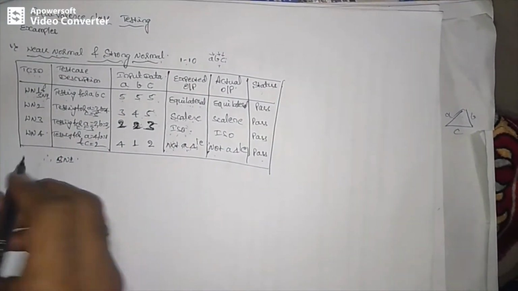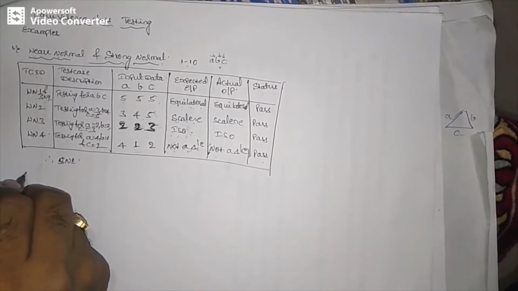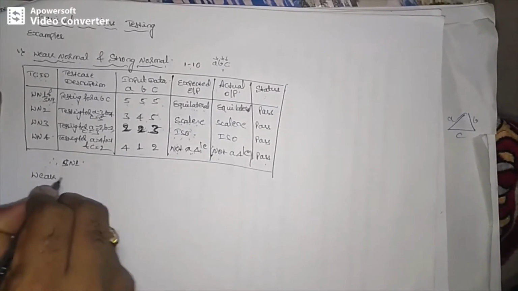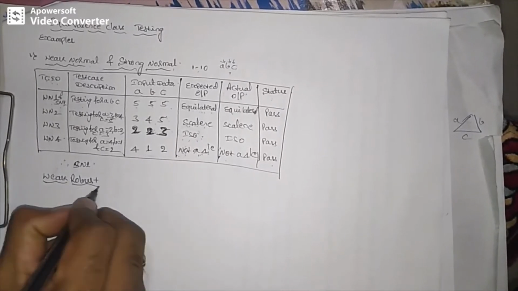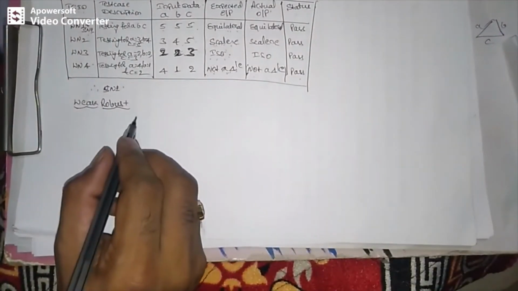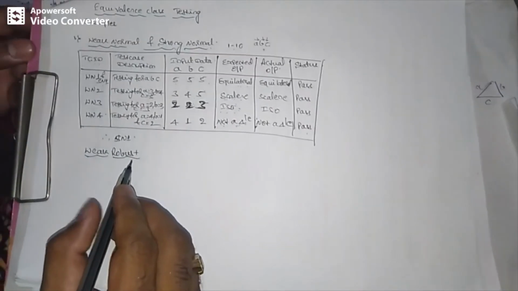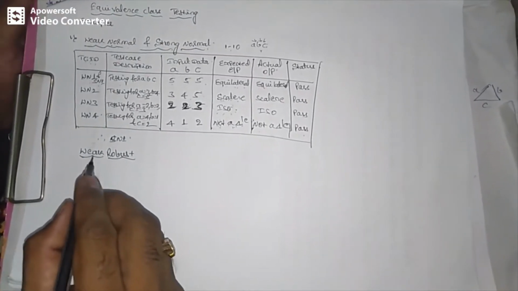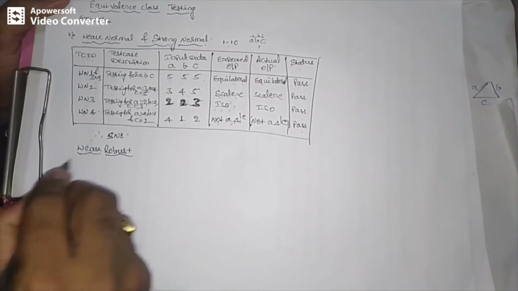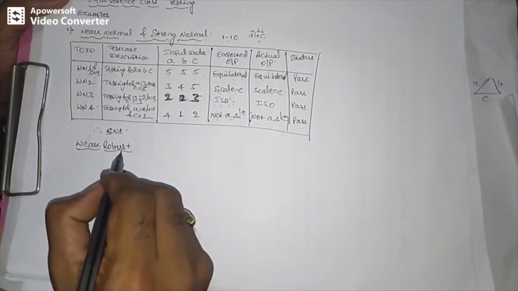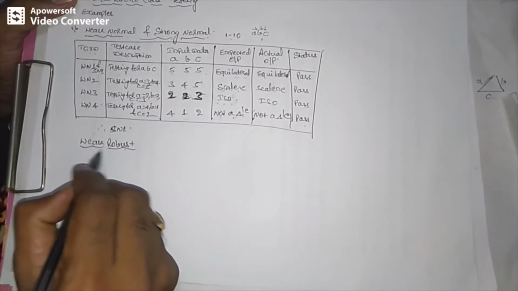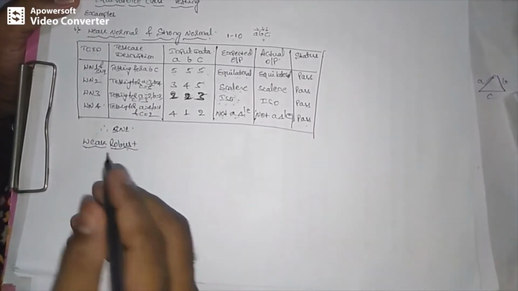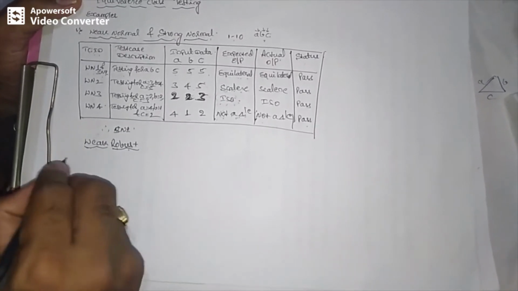Similarly, when I jump to the next test cases, that is weak robust equivalence test cases for a triangle problem. Now I'll write directly how to write the weak robust equivalence. So in the last video I have explained that robust is nothing but invalid input variable, weak is nothing but single fault assumption. So based on that we need to specify the test cases. So I will write the test cases directly.